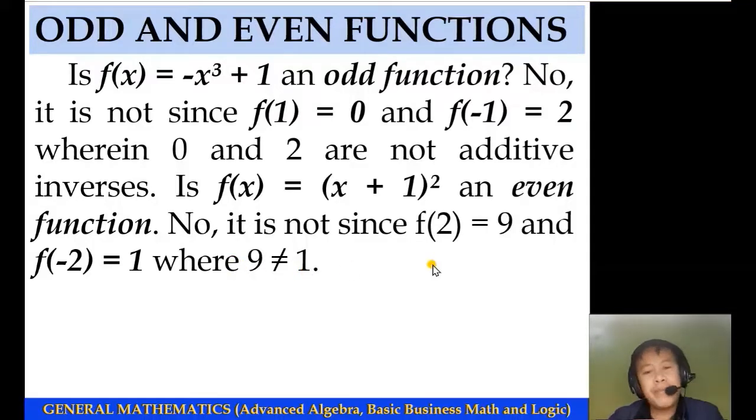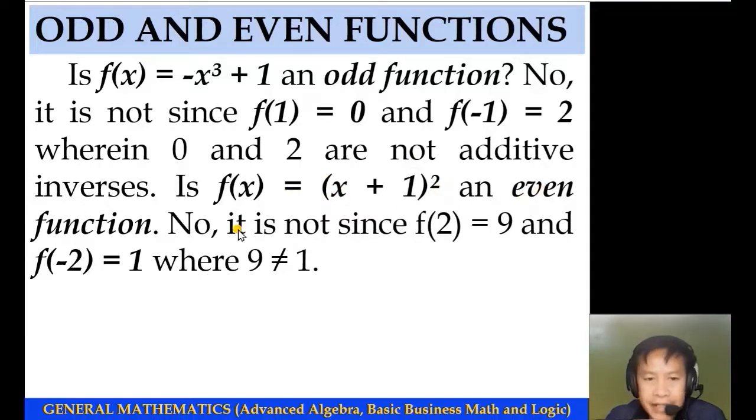It means that if we substitute negative 2 into f of x is equal to quantity x plus 1 quantity squared, the result is equal to 1, and 1 is not equal to 9. That is why this particular function, f of x is equal to quantity x plus 1 quantity squared, is not